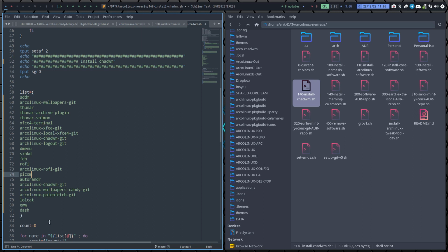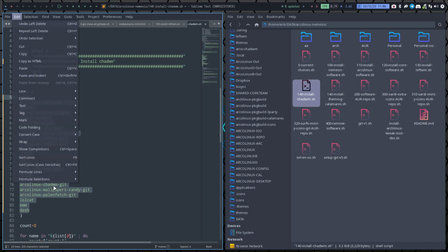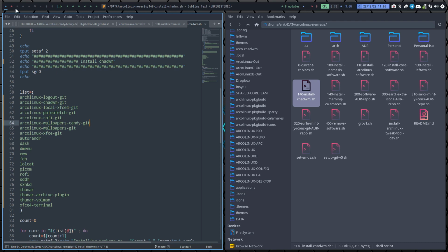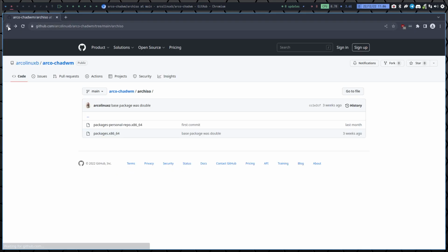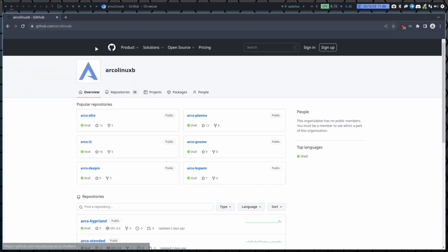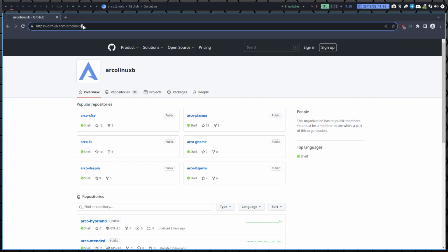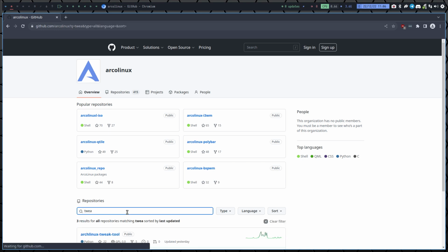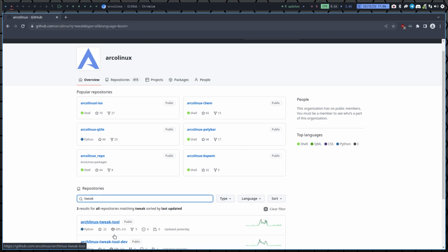Well, actually the best thing to do now is just take this file and sort lines. So the double guys are immediately spotted. That's it. Okay, number 3, we have this tweak tool, and that's actually another GitHub. So this one is gone, and here's the tweak. That's enough probably. ArcoLinux tweak tool,